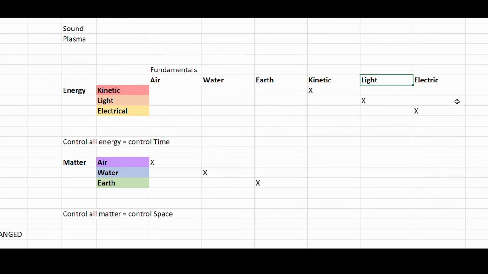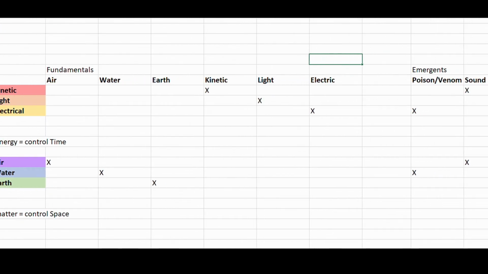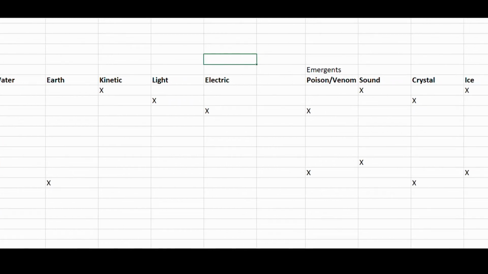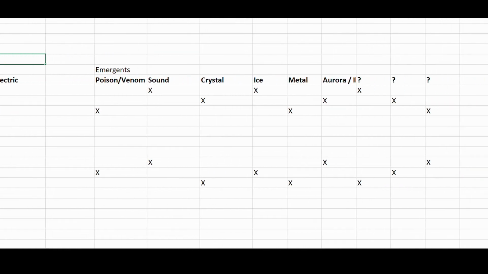of elements called fundamental elements, which are made up of energy, including kinetic, light and electrical energy, and matter, including air, water, and earth. These fundamental elements of energy and matter can be combined into more complex elements known as emergent elements. So an example would be the element of metal, which is made by combining earth, matter, and electrical